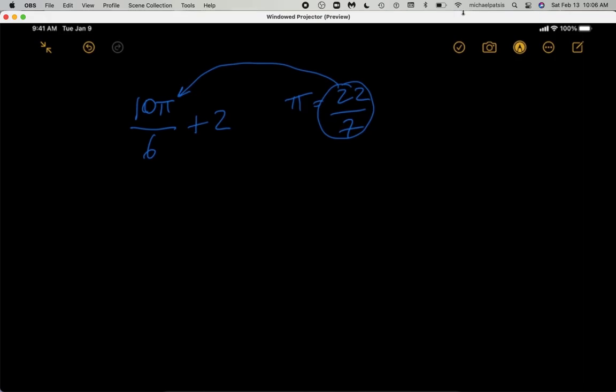Do they, the 10 and the 6 they know, do they put the 22 over 7 like this? Is that legal? Well, in cases like this, if you're not sure whether it's going to be this or whether it's this,